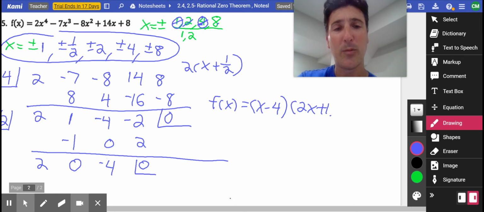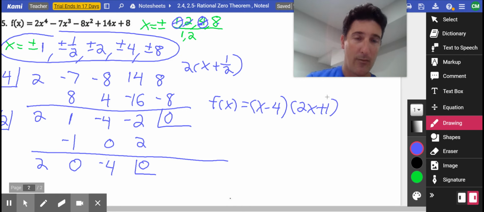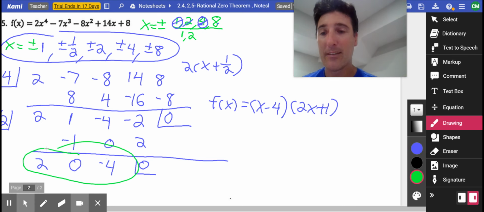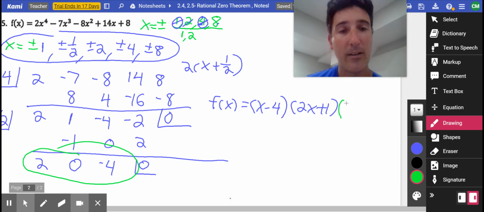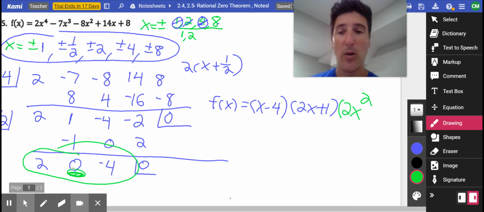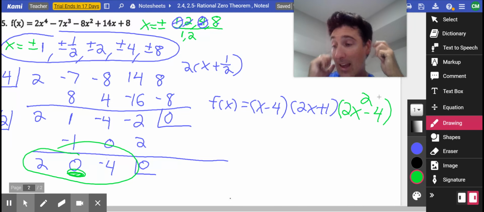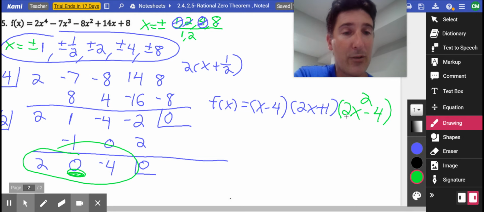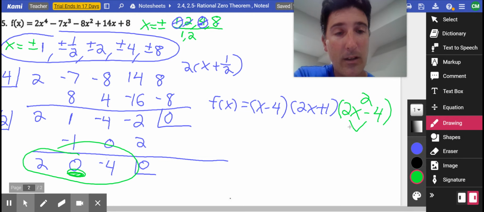Because if you set 2x plus 1 equal to 0, you get negative 1/2. Okay, and then the key part here, this is the quadratic. This is 2x squared. Now, cool thing about this, you have the 0, so there's no x, and then it's just minus 4. And if we wanted to solve for that, we could actually factor out a 2, and then